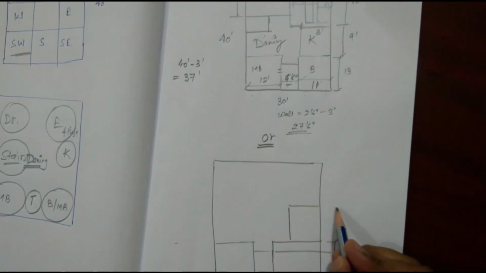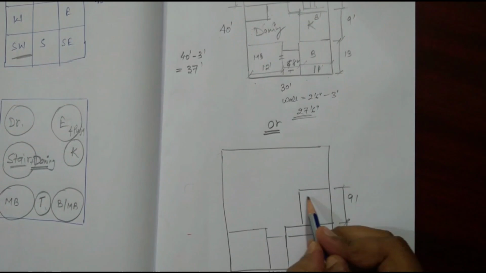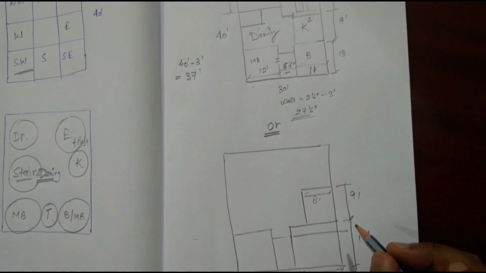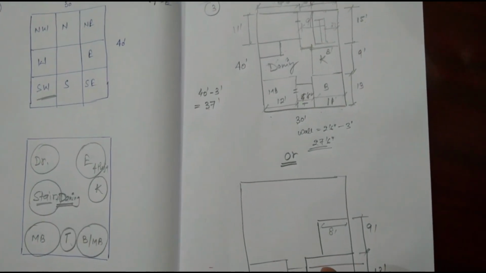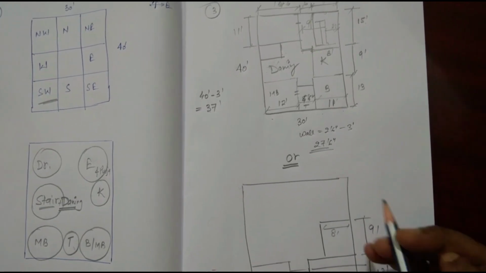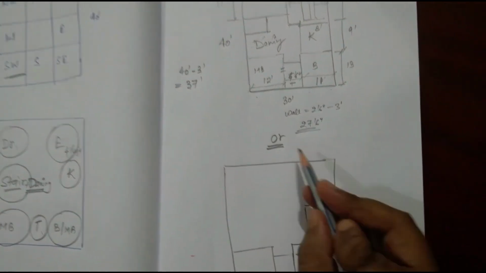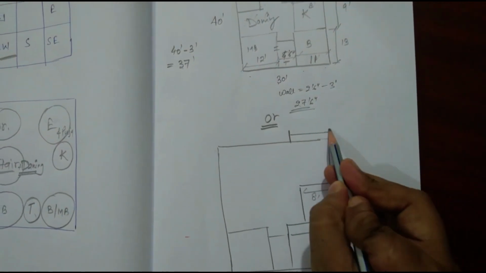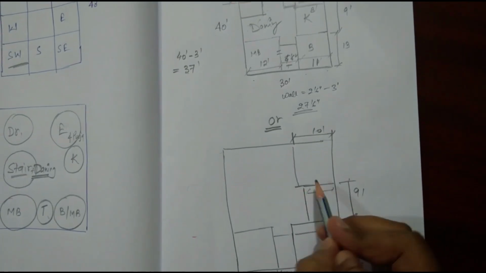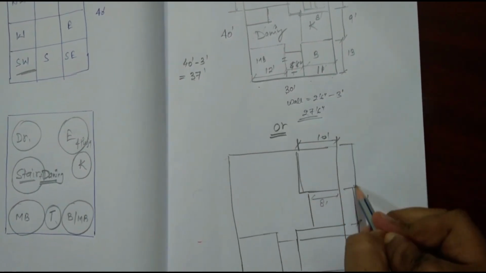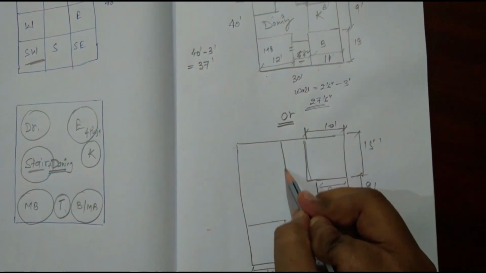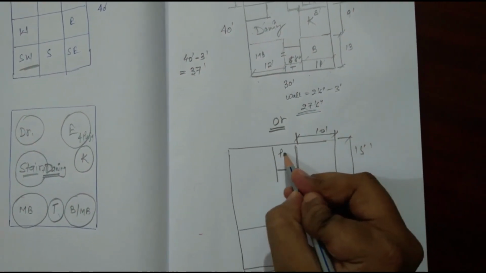After that we'll give a kitchen of 9 feet by 8 feet, and then the portico portion for parking of a 4-wheeler, and 9 feet width should be sufficient for the parking of a 4-wheeler. Let's give it 10 feet, you can also give that here. So let's give it 10 feet, and we'll give a length here of 15 feet, which is sufficient, as the approximate maximum size of a sedan is 13 feet. So here we can keep a puja room. It is in the